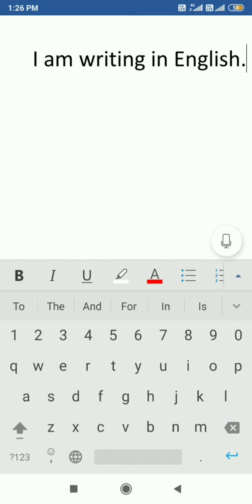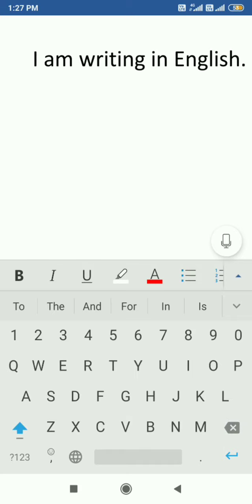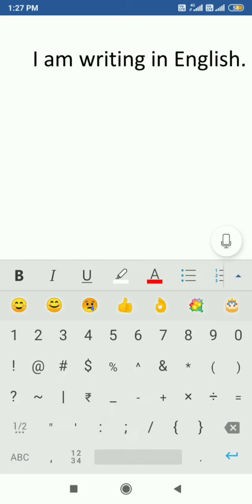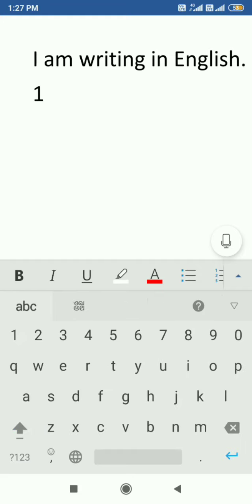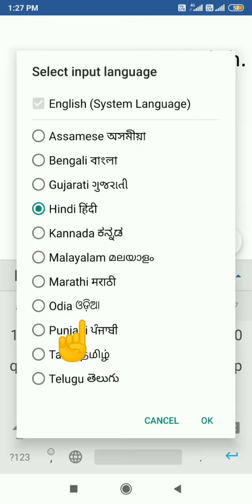Next I will show you how you can write in other languages. You have to type anywhere, like I'm typing here. Here you can see a language sign. Just click on that. Now you can see we have different languages like Hindi, Odia, Kannada, Tamil, Punjabi. There are 11 different languages here.